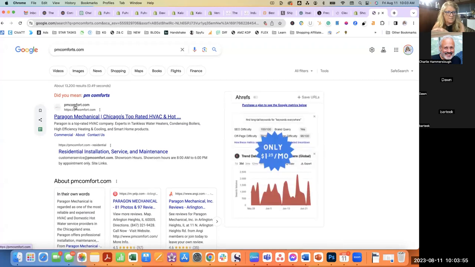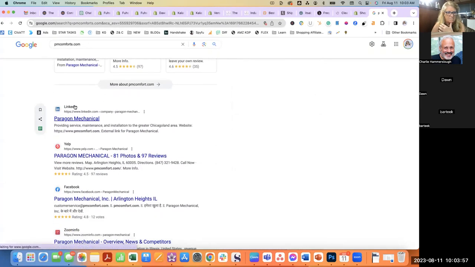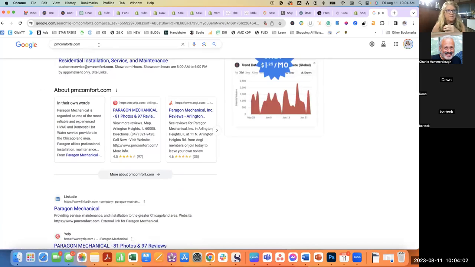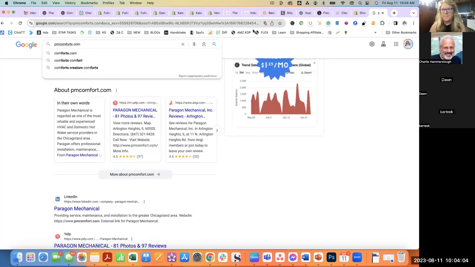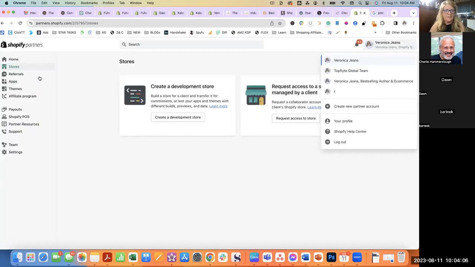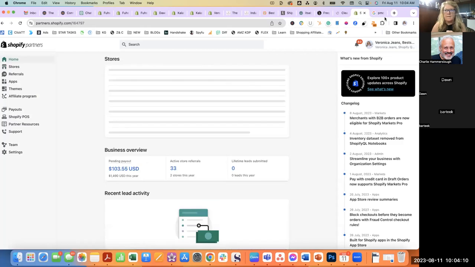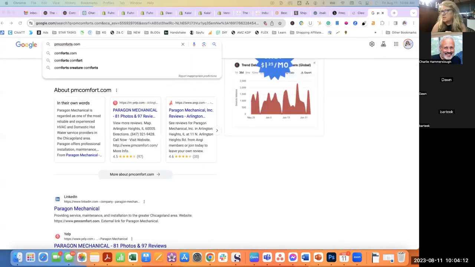PM Comforts. Mechanical. PM Comforts. The Parker. Let me get it out of my, and then I can actually show you what I mean by not putting in. I don't want to show too much. I'll just show in